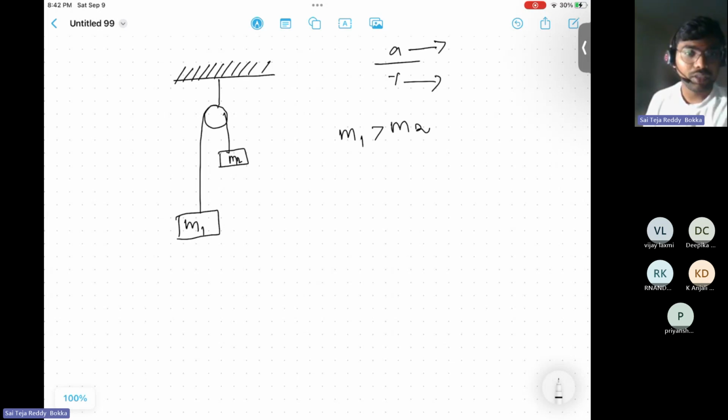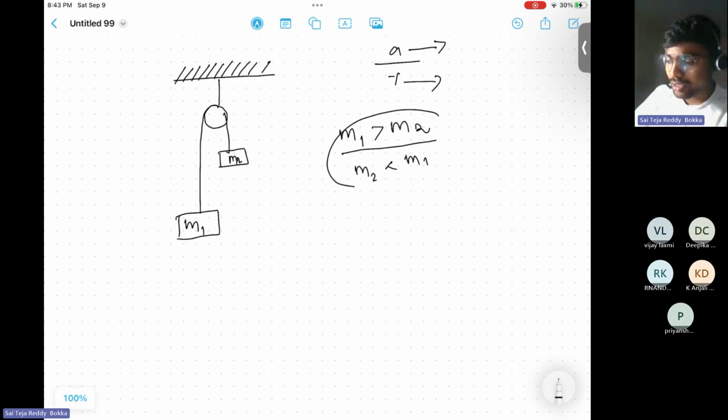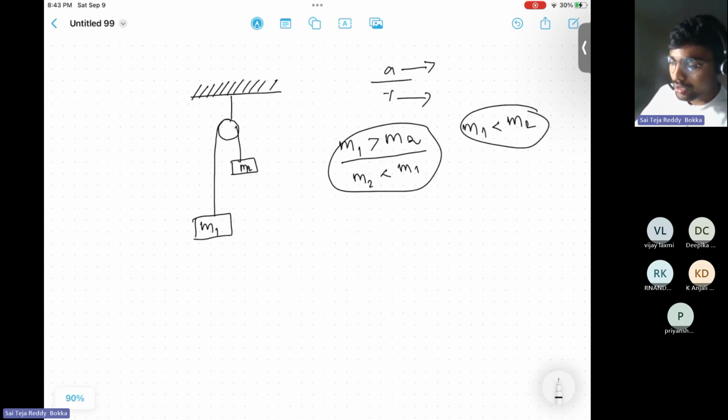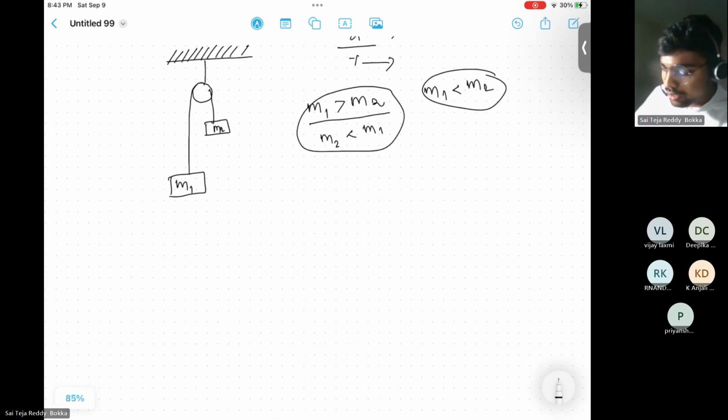ఎప్పుడు కానీ కేసెస్ తీసుకోనండి. M1 అనేది మనకి greater than M2 ఉందా, or else M2 is less than M1, or else M1 is less than M2. సో ఏ దానికి కానీ మనం టూ పర్టికులర్ కేసెస్ మనం కంపల్సరీ కన్సిడరేషన్ లో తీసుకోవాలి. ఓకేనా? సో నౌ the weight which we call it as a force which is acting downward direction in a vertical